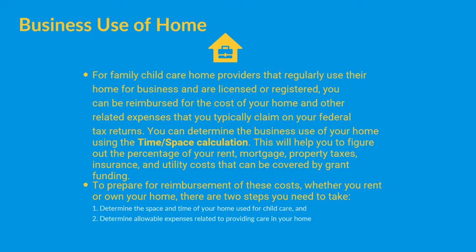To prepare for reimbursement of these costs, whether you rent or own your home, you will need to determine the space and time of your home use for childcare. The space meaning of all of the square feet in your personal home, what amount of square feet is used only for business, or what amount of square feet does your child care home occupy? As far as time,